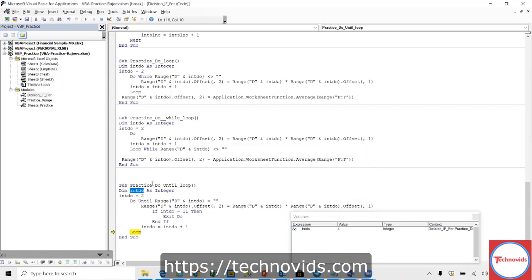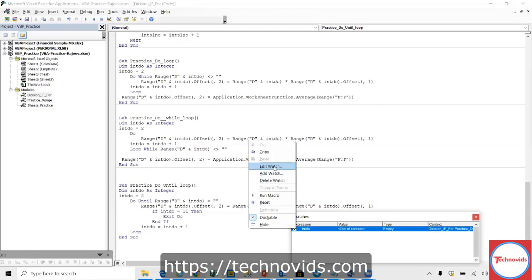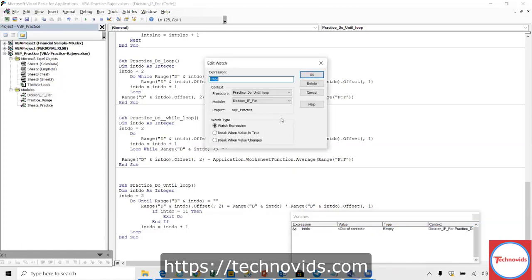Okay. So let me see. See, as the variable is increasing, right? So we can see that is also increasing here. This is called watch actually. So you can watch any variables within the VBA. When it goes out of the loop, it becomes out of context, right? It is a simple program, but when it comes to a practical program, there will be so many variables. So whatever is the variable we have to watch, we have to apply watch on that. Correct.